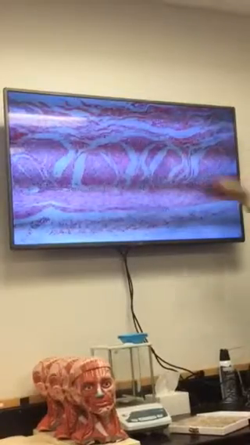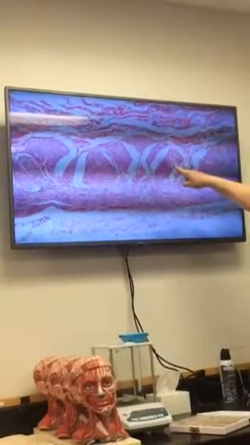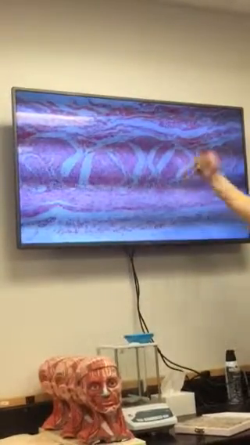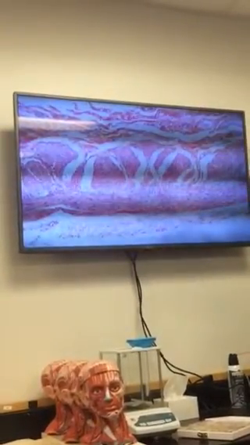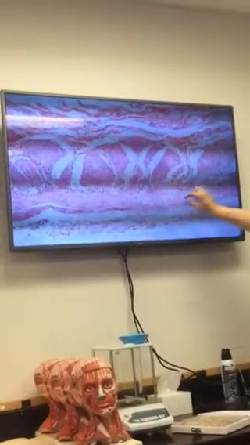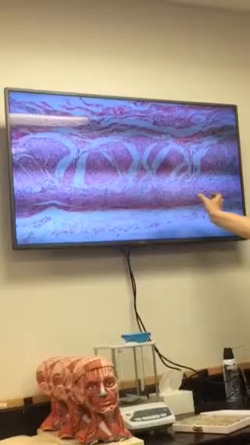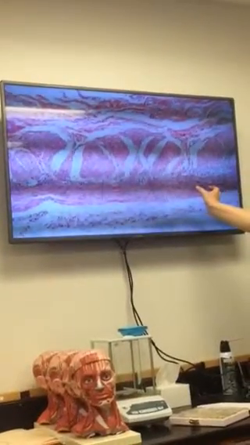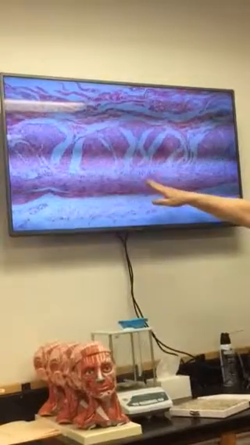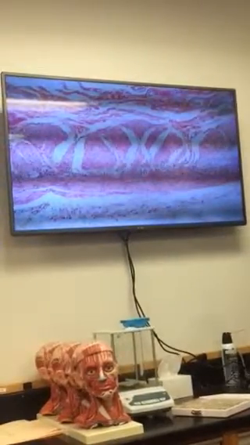And again, remember, because it's a longitudinal section, and these are part of the circular layer, these cells have been cut in cross sections, so they're coming out of the screen and going into the screen. Whereas these, you should be able to see the entire cell because, again, these are the longitudinal layer. So if they've been sectioned along the length, you should be able to see the entire cell. Okay. And then